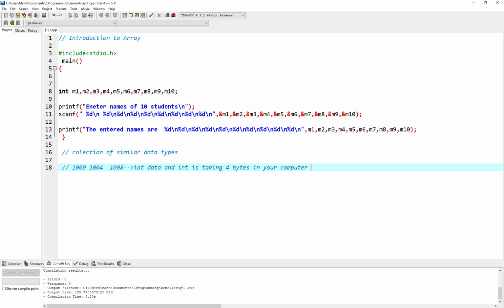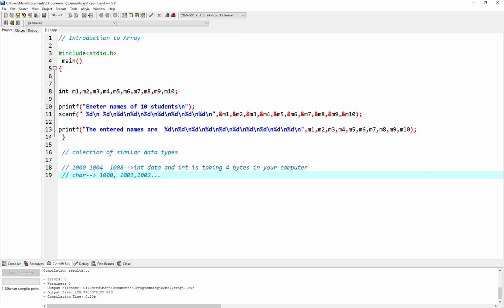Okay. So for example, if I take one more example, if we are going to store some character values inside an array, then all the elements should be of character type only, if we have declared this particular array as a character type. And how will the elements inside this character array be stored? Obviously in consecutive memory locations. So for example, if we start with 1000 again, then the next memory location will be 1001. Why? Because we know that a character takes 1 byte in the computer memory space. So the third element will be 1002, like this, right?